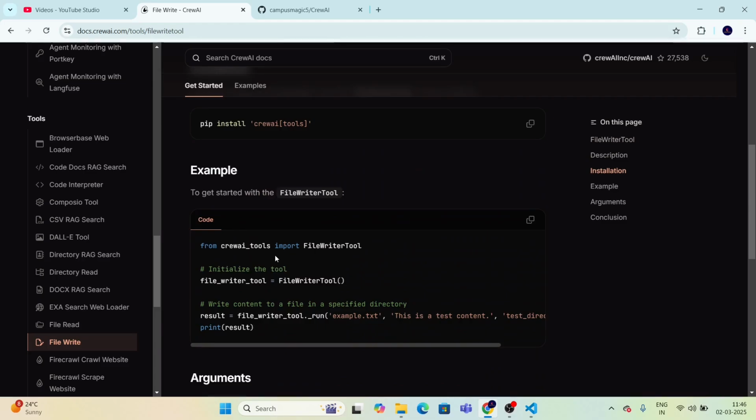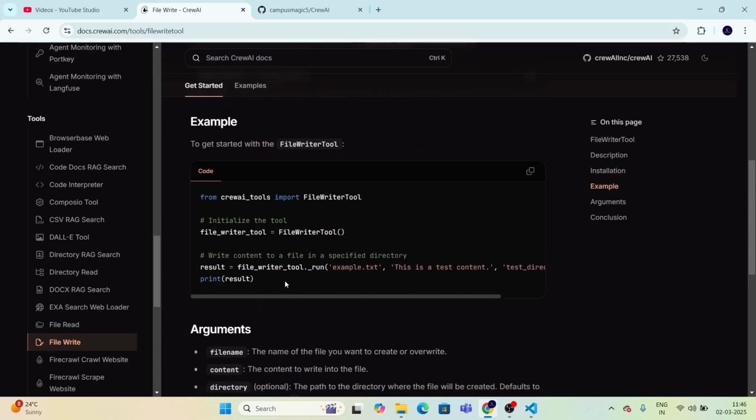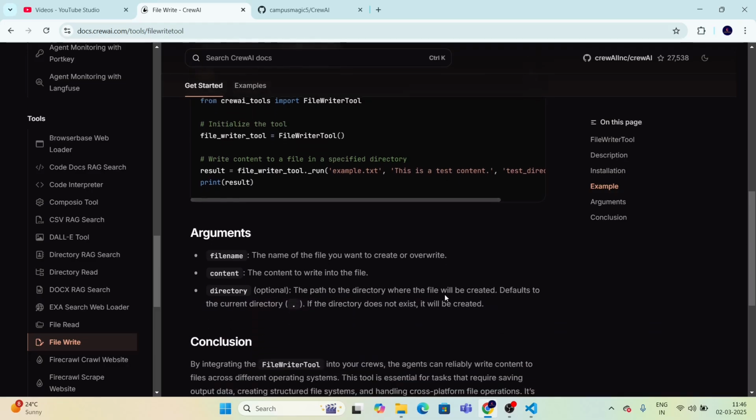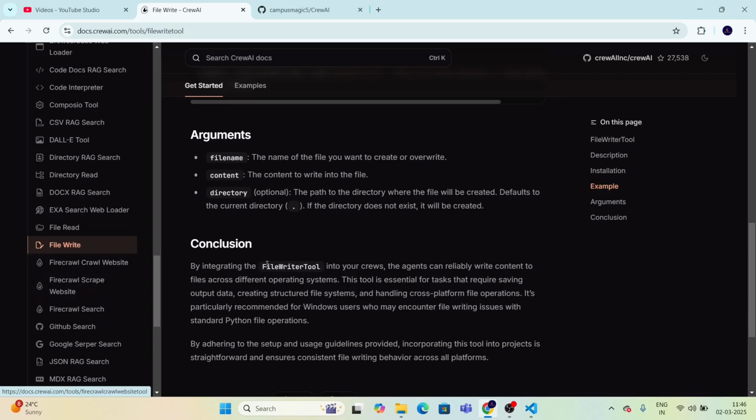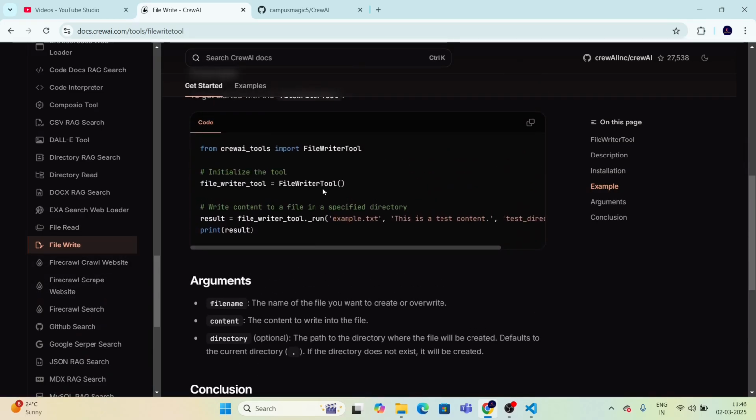We can import the file writer tool from CrewAI tools, and then we can either leave it empty, or we can provide the directory name, file name, and the content which you want to put there. If we don't provide the directory and the file name, this tool automatically creates a directory and a file